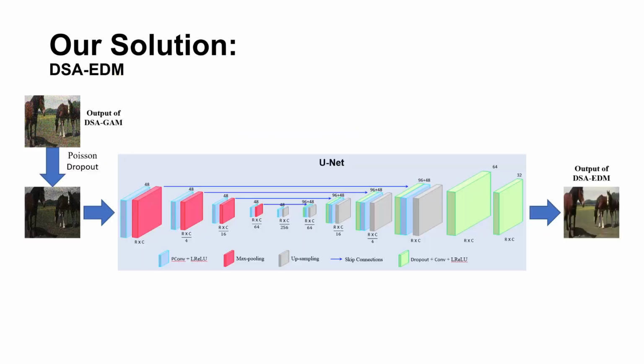In terms of the DSA-EDM, to achieve computationally efficient image denoising, we deploy the DSA-EDM with a higher Poisson sampling probability and shallower encoder-decoder blocks to make a trade-off between the time complexity, particularly with respect to the model convergence speed, and the performance gain. The Poisson drop-off operation was used to reduce the prediction variance.